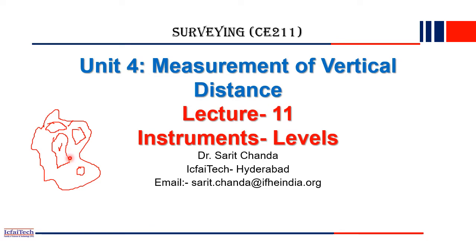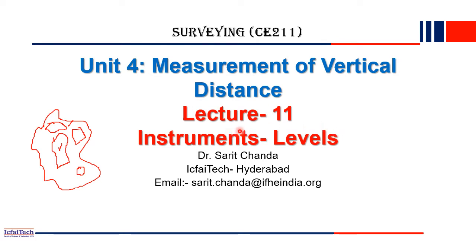We discussed in detail how to take the horizontal distance of every point in the last unit, unit 3. Today we'll be starting unit 4, measurement of vertical distance. Our earth is not exactly flat land, is it? There will be undulations in the terrain topography. There will be small hills and valleys. The structure of the earth is not at all flat. In this unit, we'll see how to measure vertical distances, how much the hill height is, or how much the valley depth is. We'll see all these parameters in detail.